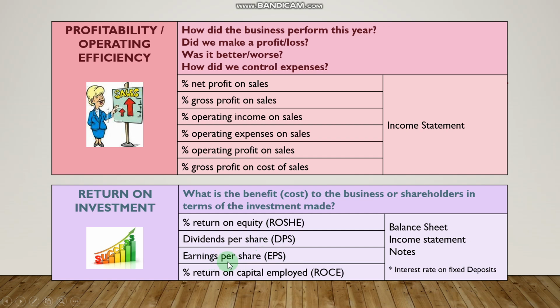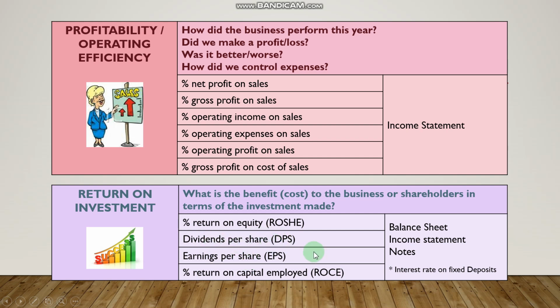Earnings per share. How did the business do this year per share? Remember, my earnings now is my net profit for the year. Net profit after tax, that will be the total amount. If I divide that by the number of shares, I will get my earnings per share. This tells me how much each share has earned in terms of the net profit. And these two are normally analyzed together. They are analyzed together because, like I said earlier, your dividends is the portion of the net profit that is distributed